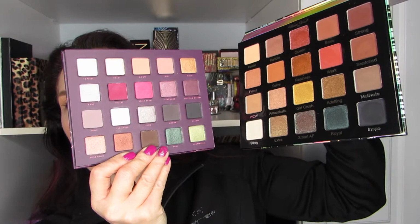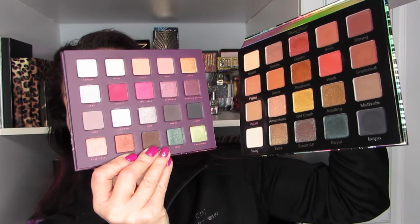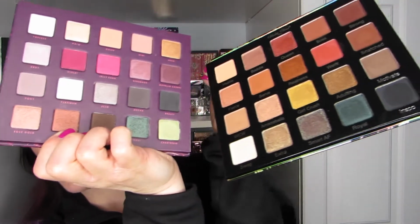Trying to see everything that is similar. Some burgundy reds, definitely a punch of greens and golds, and some similar neutrals. So yeah, I guess it makes some sense that they do make me think of each other. But the Chloe Morello does have a little bit more of the